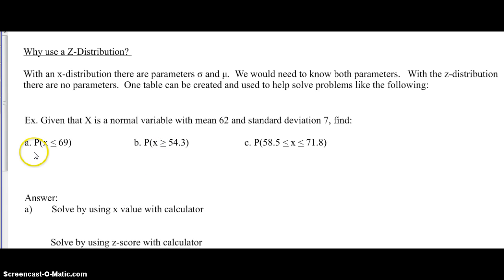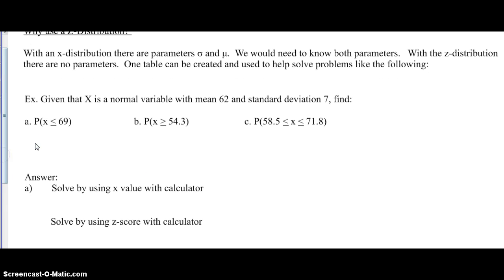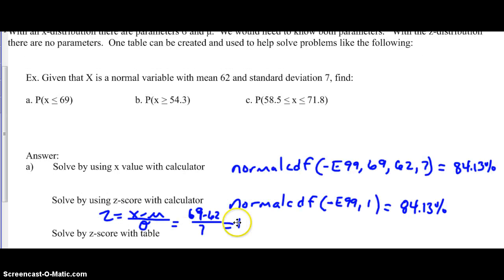So I want you to go ahead and try problem A using the x value and the z-score with the calculator. Bring it back. So your z-score is 1 and both probabilities